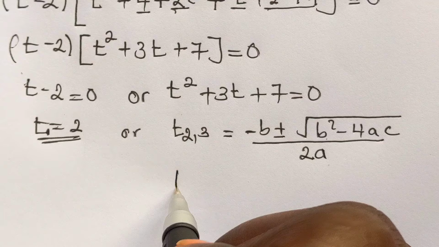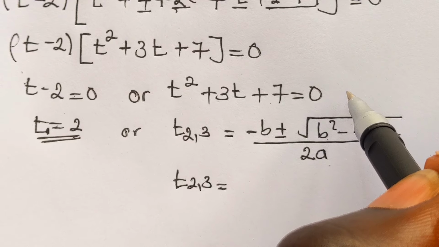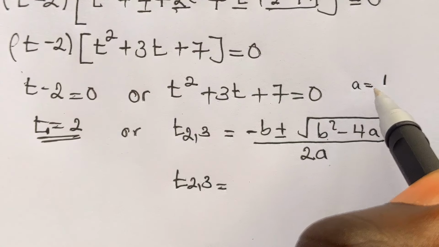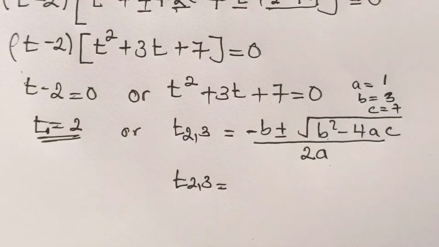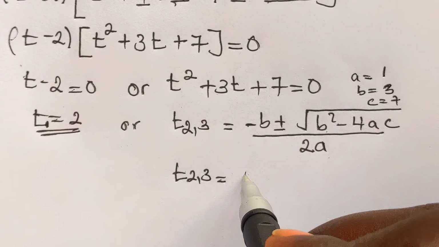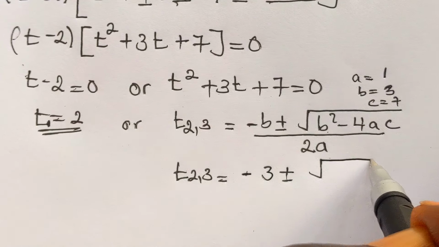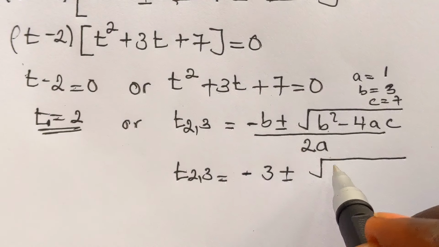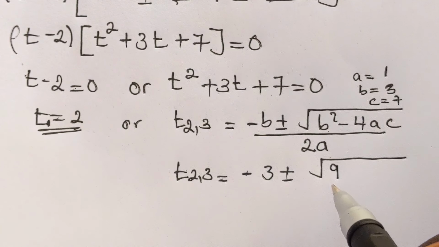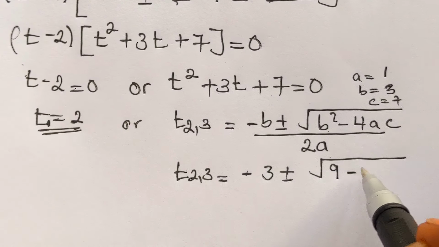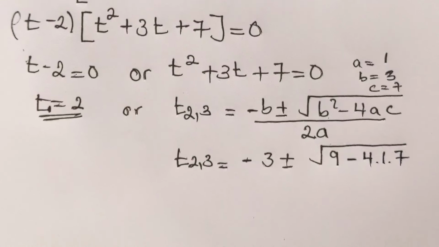Then here t2 and t3 will be, we have a equal to 1, b equals 3, and c equals 7. Negative b will be negative 3 plus or minus square root of b squared, which is 9. Okay, we have 9, then minus 4 times 1 times 7, over